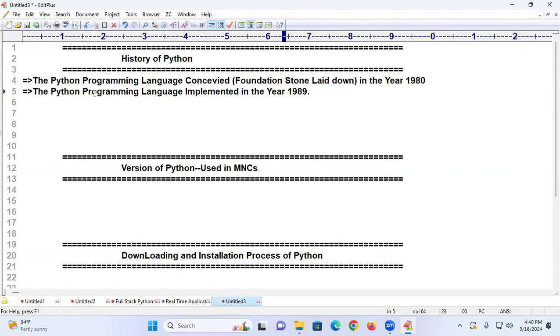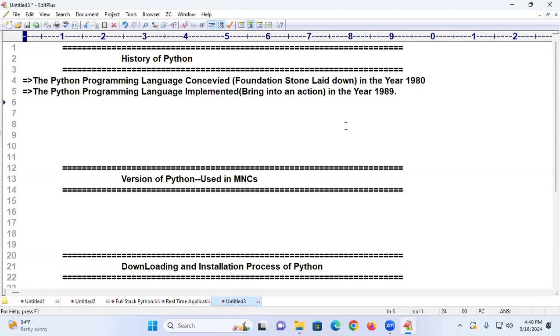So, the Python programming language was implemented in the year 1989. Implemented means bring into action. When it was conceived in 1980, spell out 1980, it was implemented in 1989.